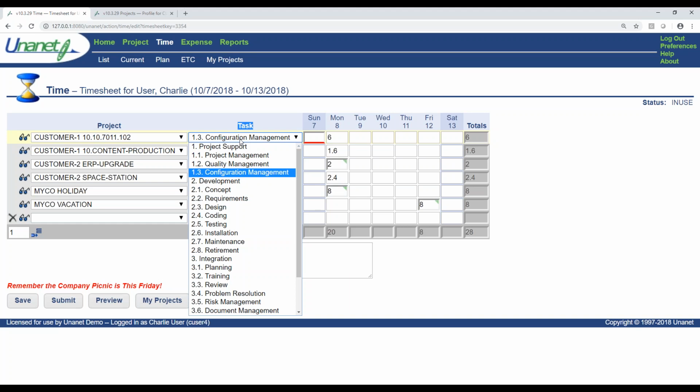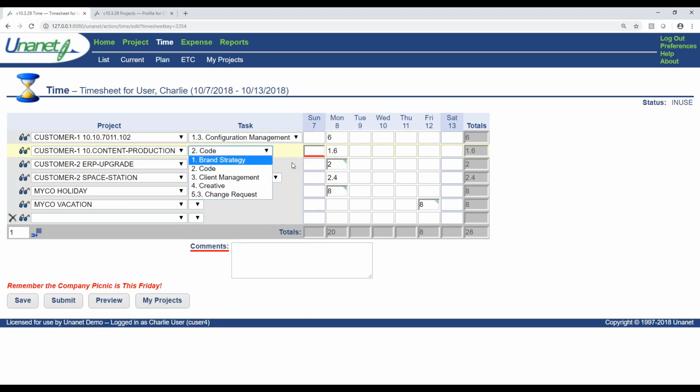Maybe you have a 1099 or a subcontractor that you want to manage a little bit tighter, and you may have some very specific controls around that subcontractor than you might for your employees. And you can do that using tasks in Unanet. And you can see right here that not every project uses the same work breakdown structure, the same groups of tasks. Everyone may also not be able to see all the tasks that are available. They're only going to see those tasks where they've been assigned. Or maybe they're only going to see the task that's available to them right now on the project, because maybe design task 3 doesn't start until December 1st or January 1st of next year.